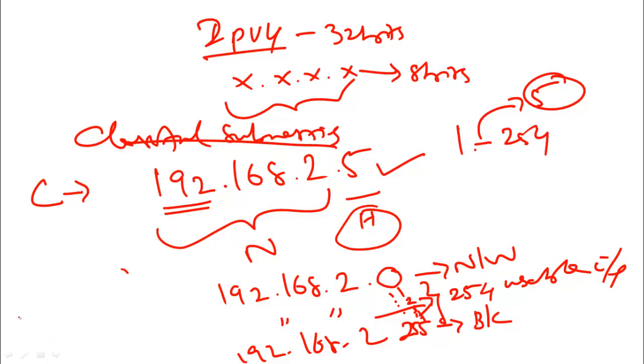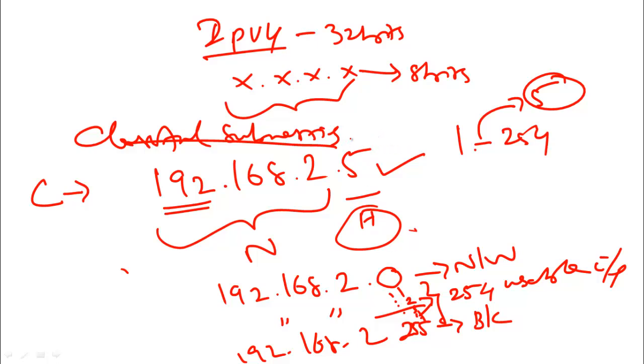Okay, so this is how we will find out which class it belongs to, and what the other IP addresses associated with this particular IP are. Those kinds of answers you will be able to find out by looking at the IP address. Okay, and I told you, the value here always ranges from 0 to 255.